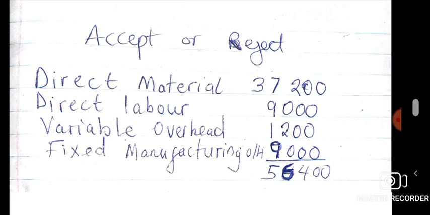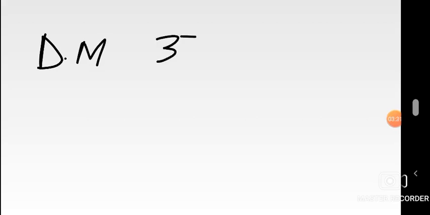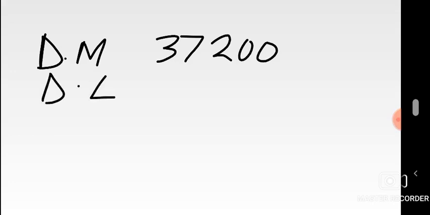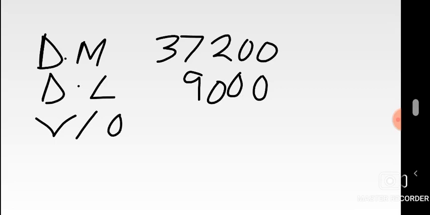So let's make this table, and now just pick out only those that are relevant and recalculate the costs. So we had direct materials, I'll just put DM just for abbreviation sake, 37,200. We had direct labor. We said this one is relevant. We're only picking only the relevant costs. That's all. These affect our decisions. That's direct labor. Then we had variable overhead. I'm also just abbreviating that. It was 1,200. What would be your total here?